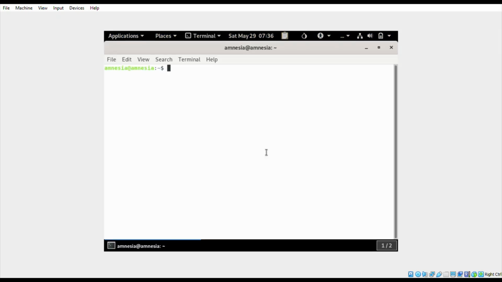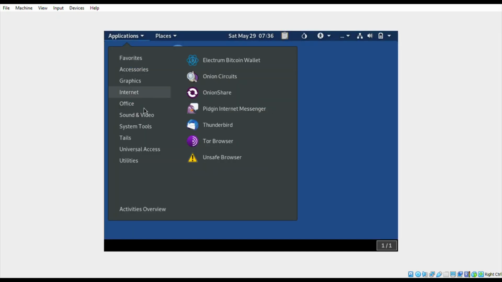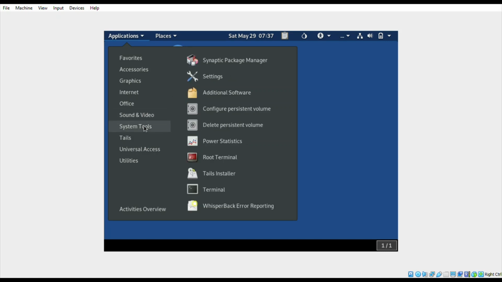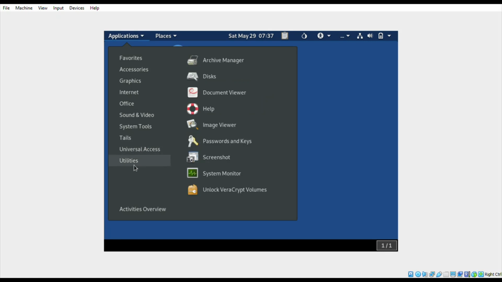The terminal is the best one here. We can do some sudo operations and many more, but no one can trace us nor connect to our terminal. And you can see the amnesia there, which means the things you have done, like penetration testing, ethical hacking, all the logs will be erased completely when you shut down the system. And you can also use many more applications which are more advanced and very safe.